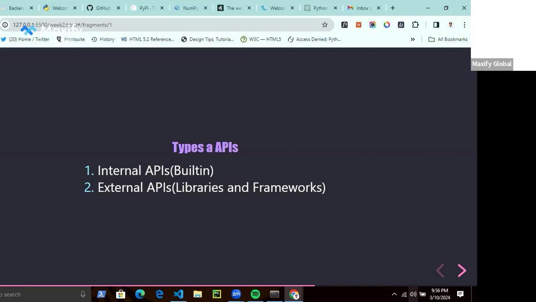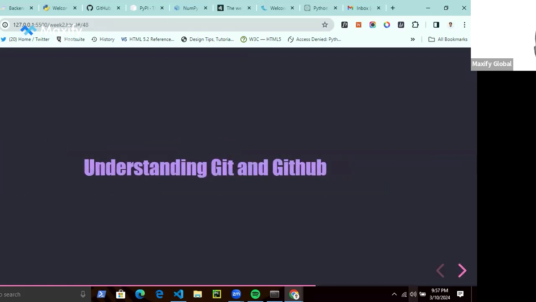So in the course of writing our Django application, we might be leveraging on some of these APIs. For example, if you want to integrate payments in your application, you have to make use of either Paystack or Stripe. So how do you make use of Paystack? They have the infrastructure to charge a customer. So you have to integrate their API into your application, essentially. And these are web APIs. We're going to look into them. They are called RESTful APIs, actually. So let's move on quickly to the next lesson, understanding Git.